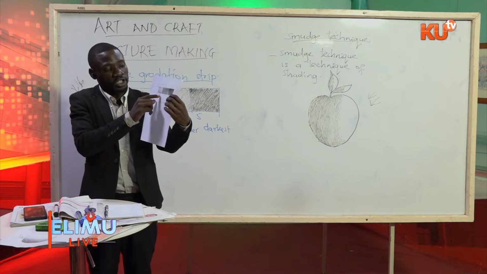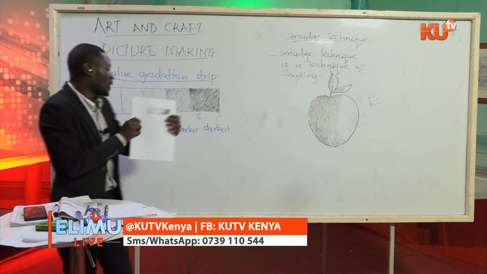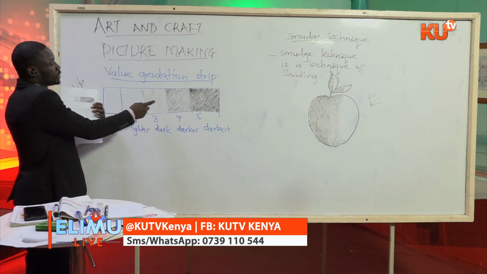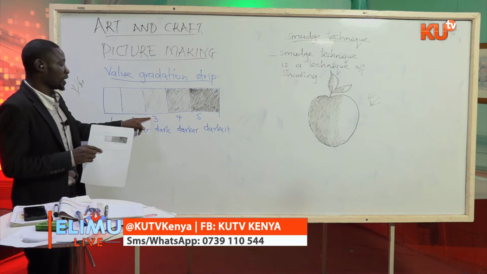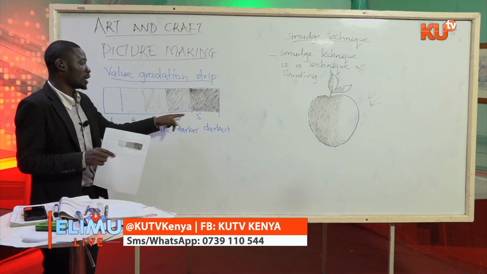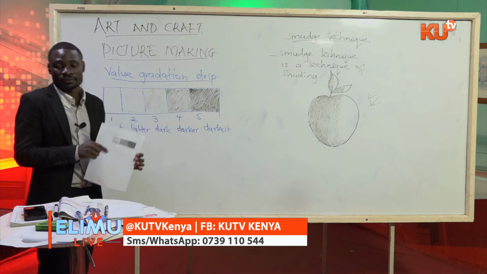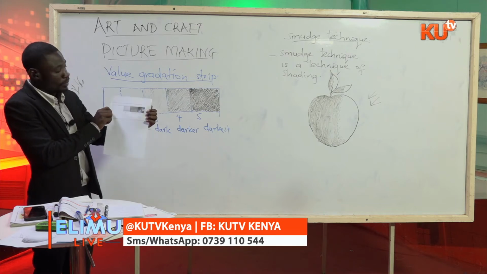According to our value gradation strip on the chalkboard, number 3 is dark, number 4 is darker, number 5 is the darkest. So we are here, as you can see,